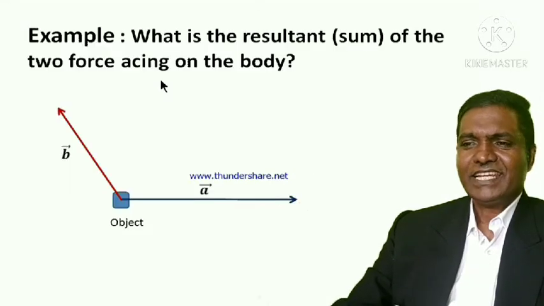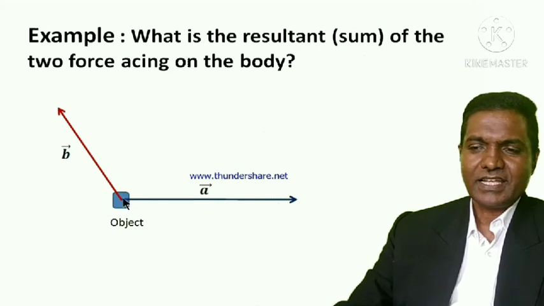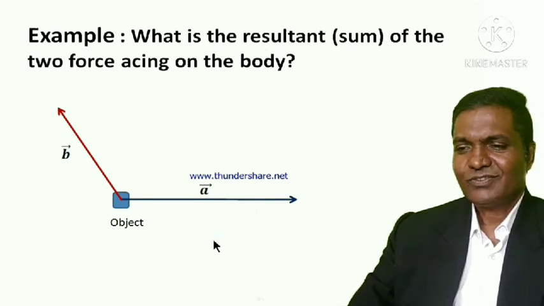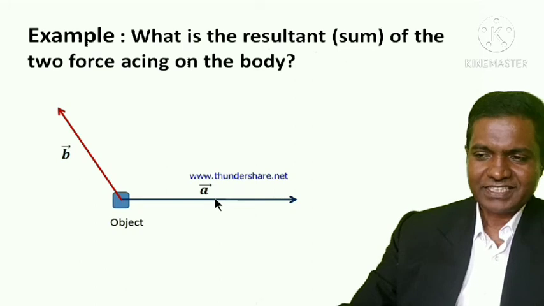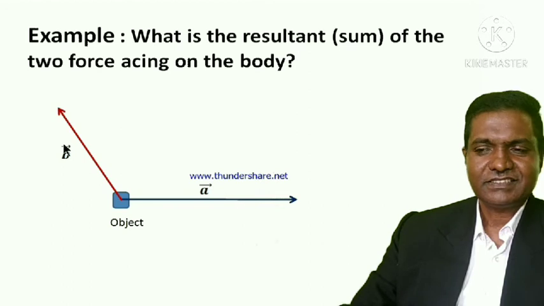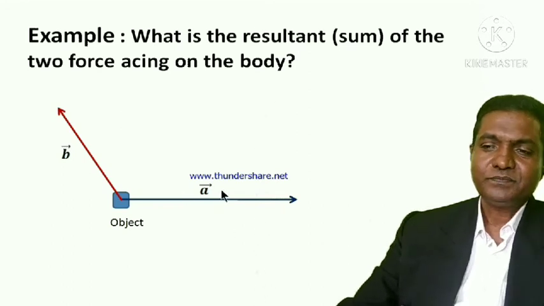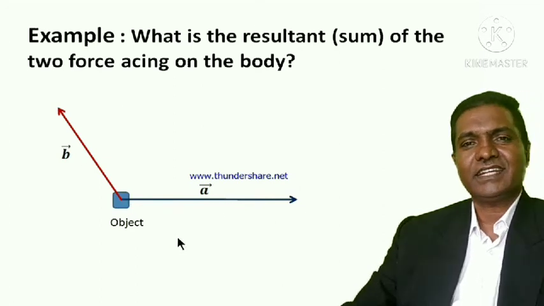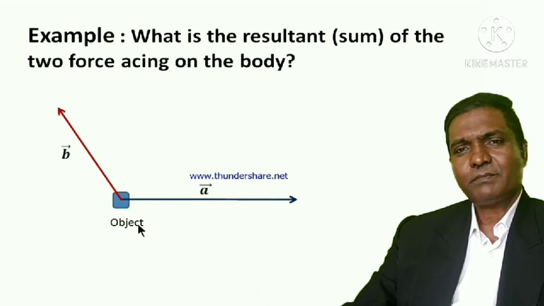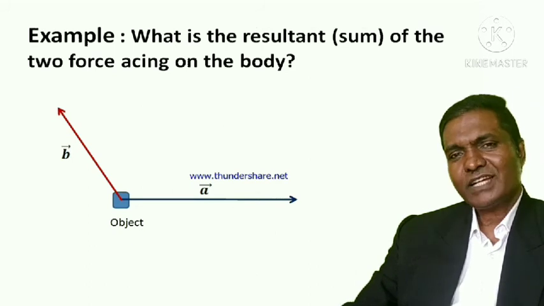One example ನೋಡಿ ಇಲ್ಲಿ. What is the resultant of the two forces acting on the body? So ಇಲ್ಲಿ ಬಾಡಿ ಒಂದು ಆಬ್ಜೆಕ್ಟ್ ಇದೆ, ಅದರ ಮೇಲೆ ಎರಡು ಫೋರ್ಸ್ ಆಕ್ಟ್ ಆಗ್ತಾ ಇದೆ. ಒಂದು ಫೋರ್ಸ್ A, that is vector A, and another vector B, that is force B ಅಂತ. ಸೊ ಇವುಗಳ ಒಟ್ಟು ರಿಸಲ್ಟೆಂಟ್ ಅಥವಾ ಸಮ್ ಆಫ್ ದ ಇಫೆಕ್ಟ್ ಆಫ್ ದೀಸ್ ಟೂ ಫೋರ್ಸಸ್ ಆನ್ ದಿಸ್ ಬಾಡಿ ಏನಾಗುತ್ತೆ ಅಂತ. ಅಂದ್ರೆ ಇವೆರಡು ಫೋರ್ಸ್ ಅಪ್ಲೈ ಮಾಡಿದಾಗ ಬಾಡಿ ಯಾವ ಡೈರೆಕ್ಷನ್ ಅಲ್ಲಿ ಮೂವ್ ಆಗುತ್ತೆ ಮತ್ತು ಅದರ ಮ್ಯಾಗ್ನಿಟ್ಯೂಡ್ ಎಷ್ಟಿರುತ್ತೆ ಅನ್ನೋದನ್ನ